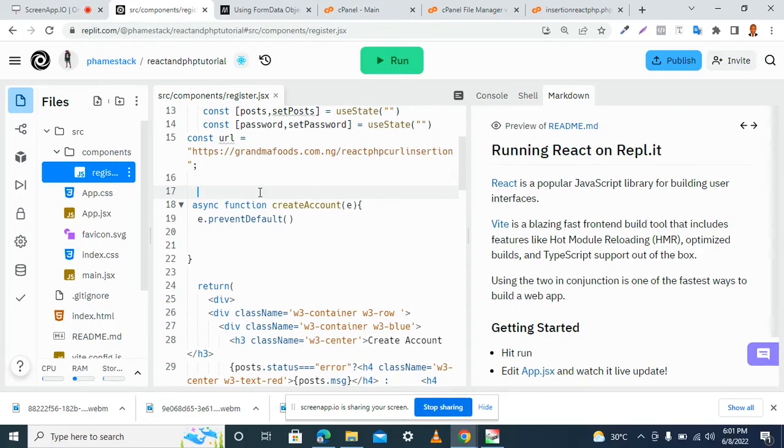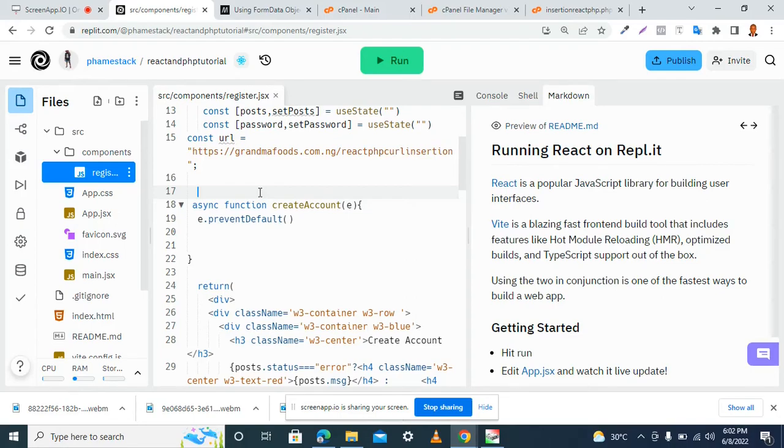So in this clip, I'm going to show you how to work with your PHP $_POST global variable without using file_get_contents. To work with the $_POST global variable, we are going to make use of a web API called